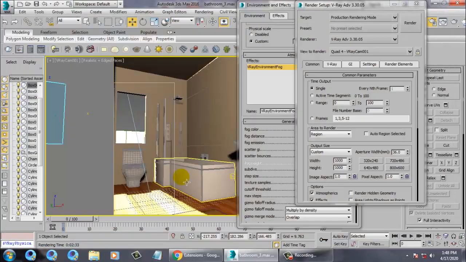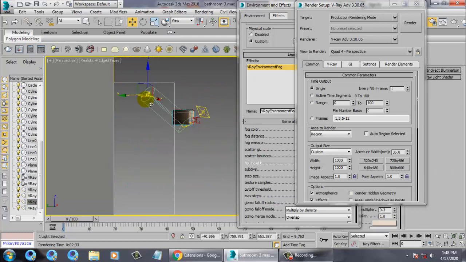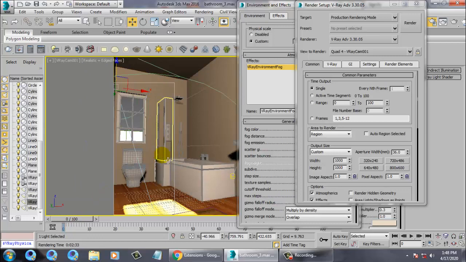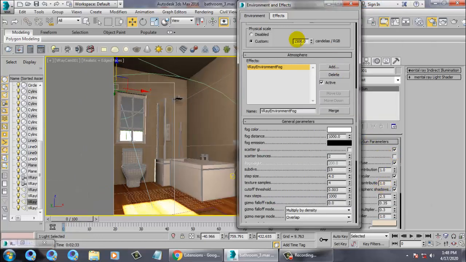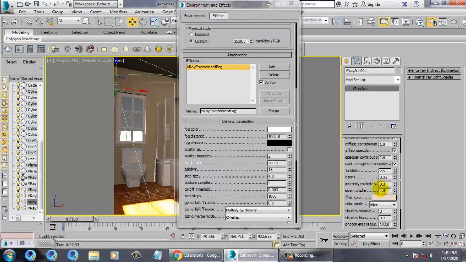So let's get back, undo this stuff. I'll push this down over here, and I'll increase its intensity multiplier to 0.5.